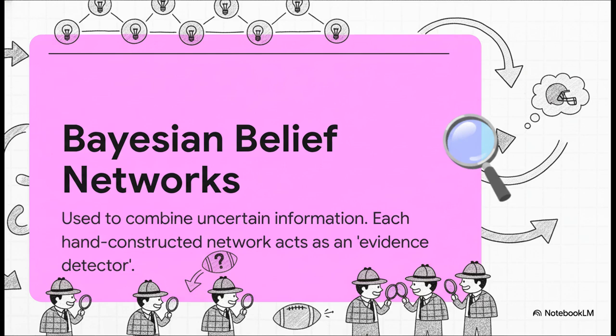They used a pretty advanced statistical method called Bayesian belief networks. Now that sounds super complicated, I know, but just think of it like this. The system had a bunch of tiny detectives. Each detective was an expert in just one thing. So you'd have one detective whose only job was to look for a quarterback pass drop back. It would look at the QB's trajectory and say, he's moving back and to the side. That looks like evidence for a pass. The system would then listen to all these little detectives, weigh all their evidence together, and build a convincing case for what kind of action was unfolding.